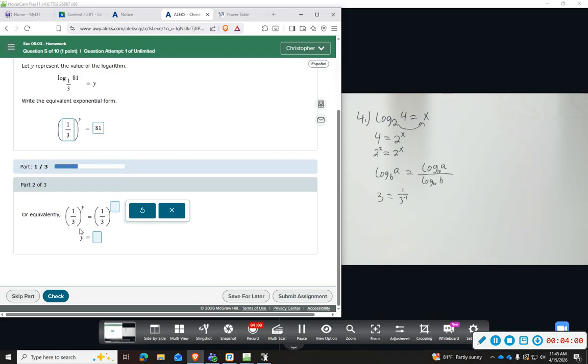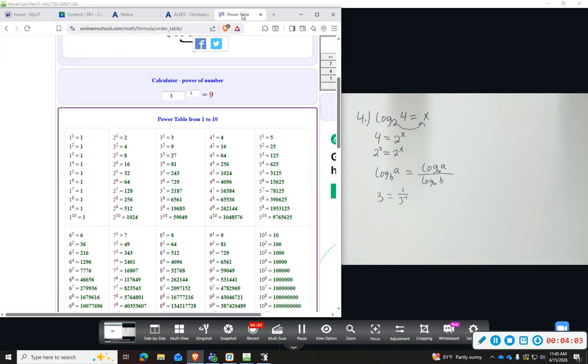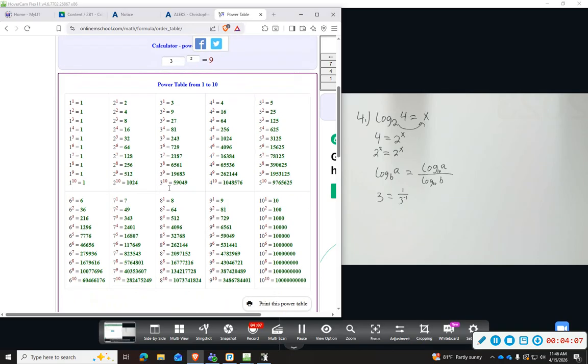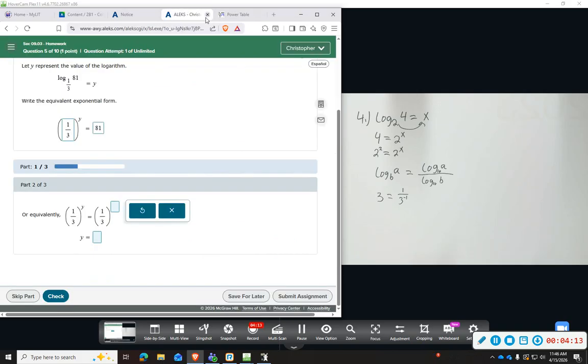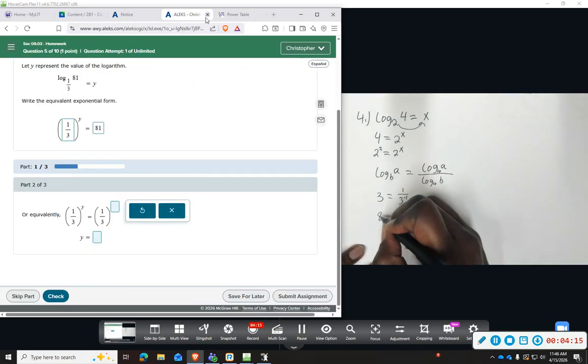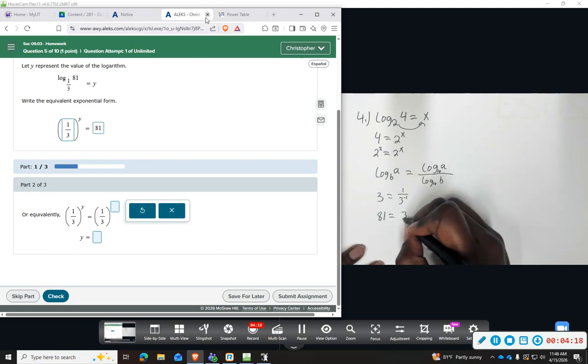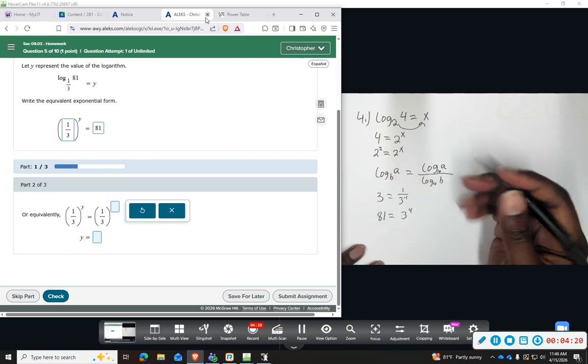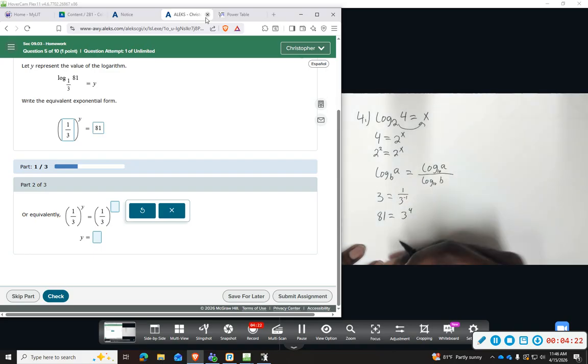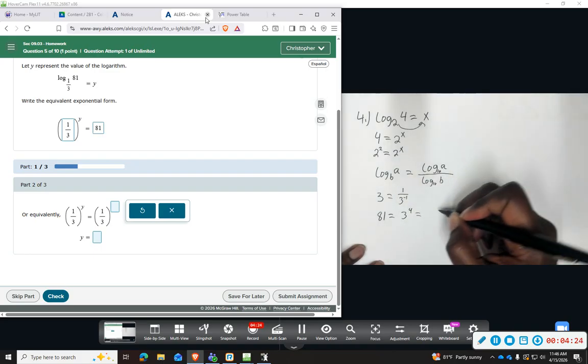So I'm going to go to my power table and see, can I rewrite 81 with the power of 3? We do. 81 is equal to 3 to the 4th. Okay. So I will start out with 81 is equal to 3 to the 4th. And then to make it 1/3, I will have to move that to the bottom. So this will be